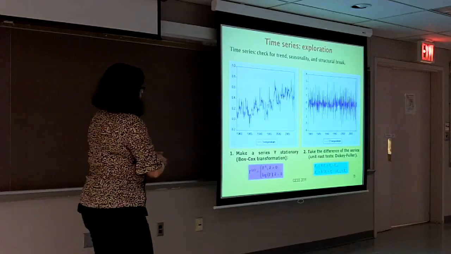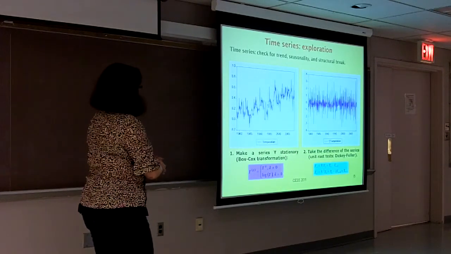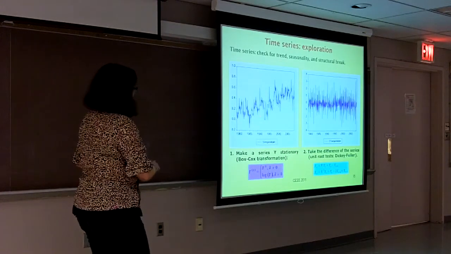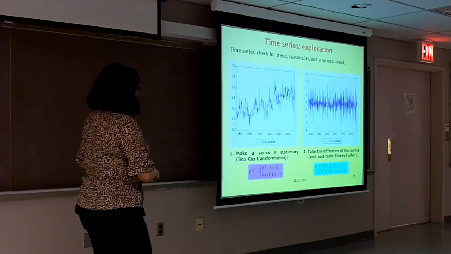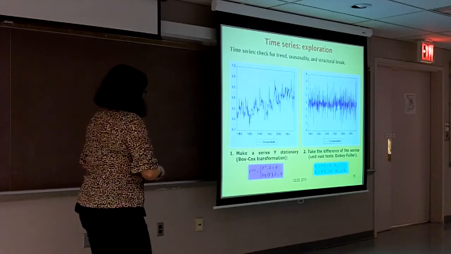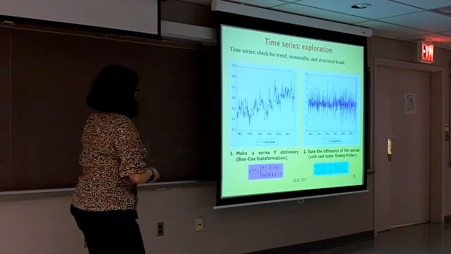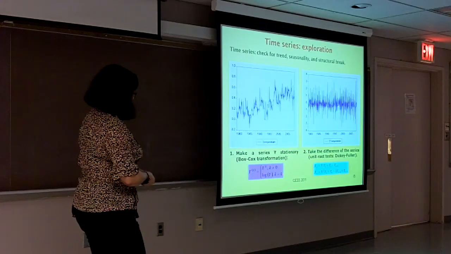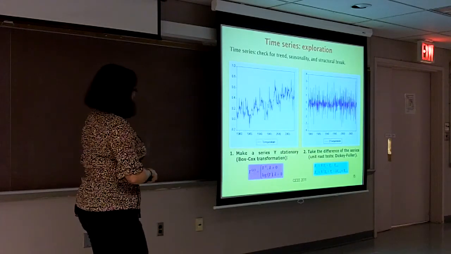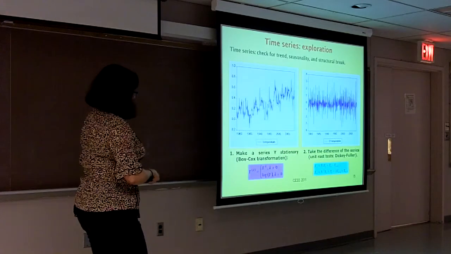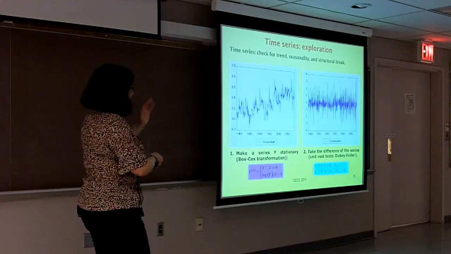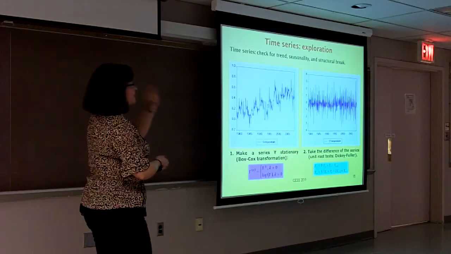So that's why you need to look for these types of things before. For example, if you have a plot like this that shows clearly a trend, my advice is that you should take a Box-Cox transformation, like the one I'm showing here. If you apply that kind of transformation and you don't get a good time series, you need to apply